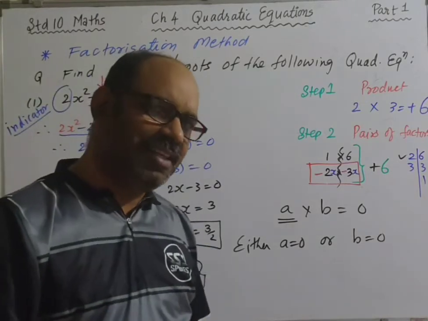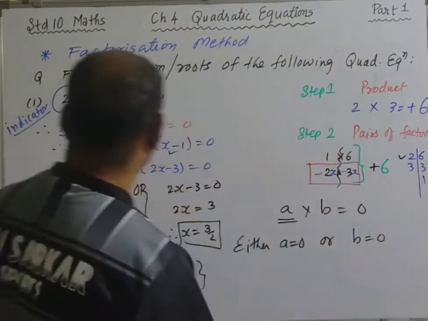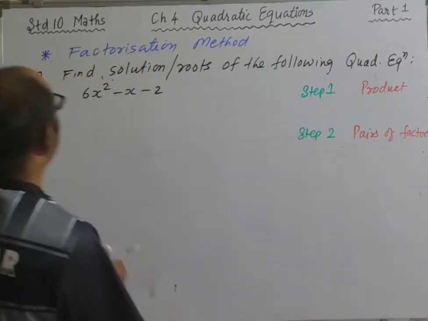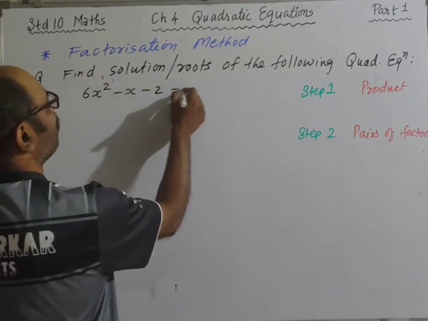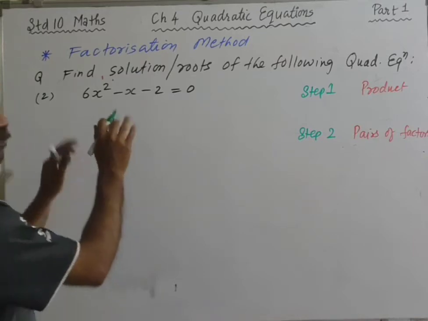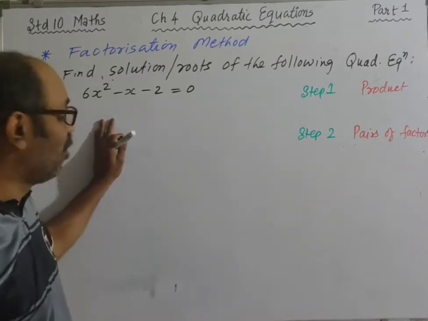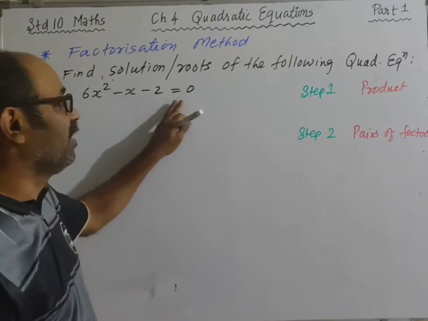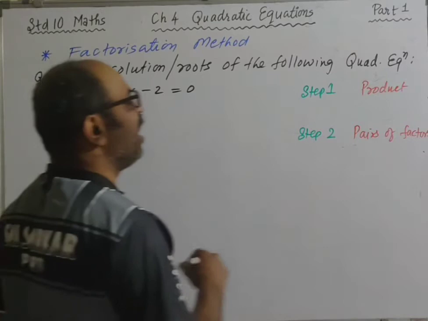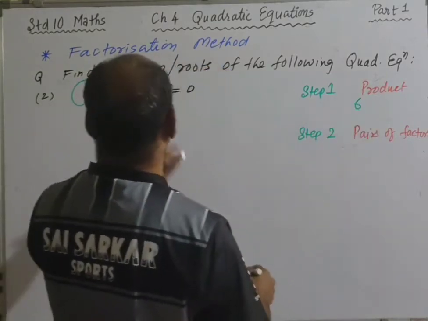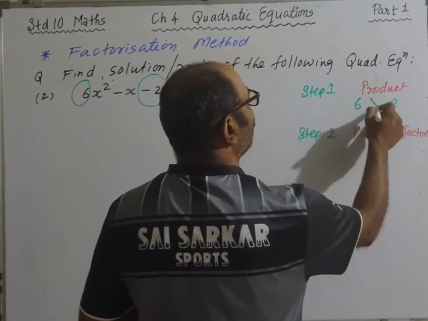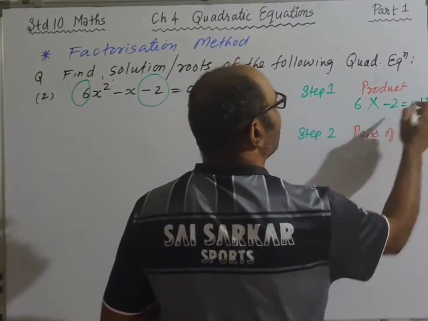All right, let's see the second one now. Here it is. 6x² minus x minus 2 equal to 0. Now first step, first you see whether it is in its standard form or not. Yes, ax² plus bx plus c equal to 0, it is in standard form. Now coefficient of x², that is 6, pick up with sign, constant term, that is 2 with minus sign, multiply both, 6 2s are 12,